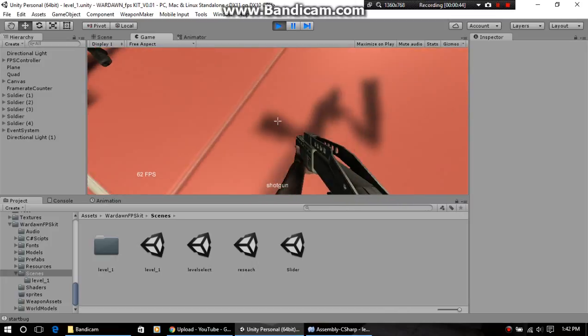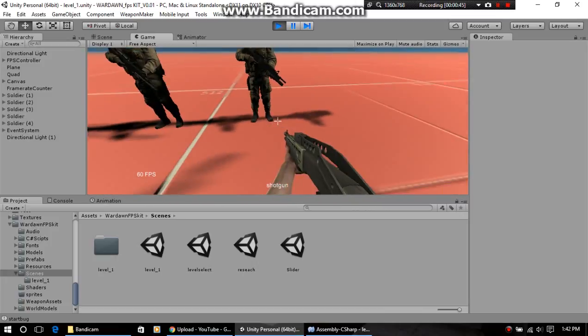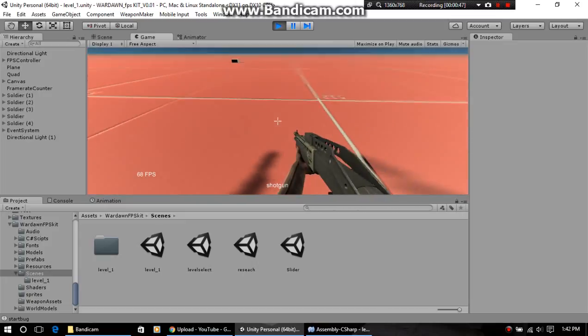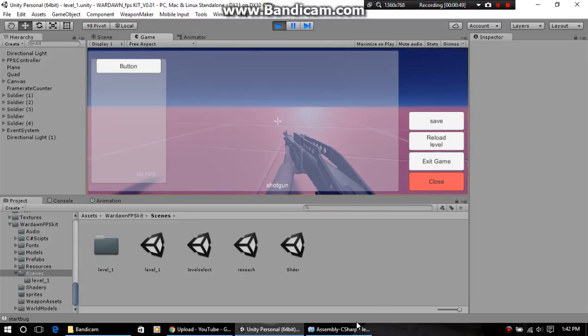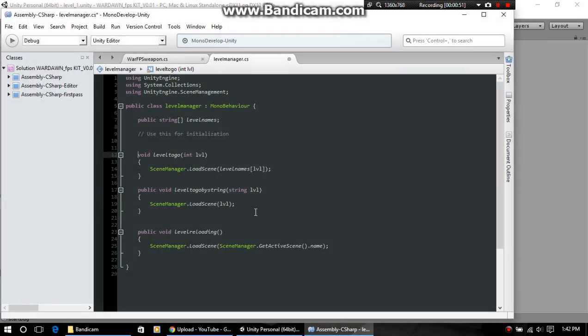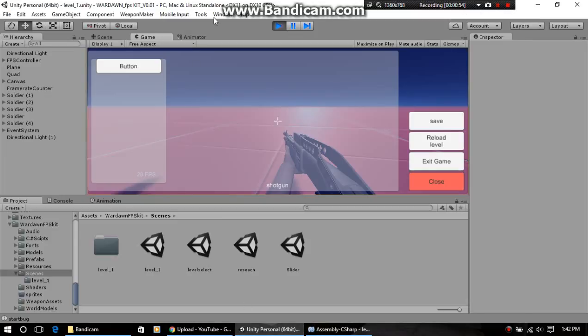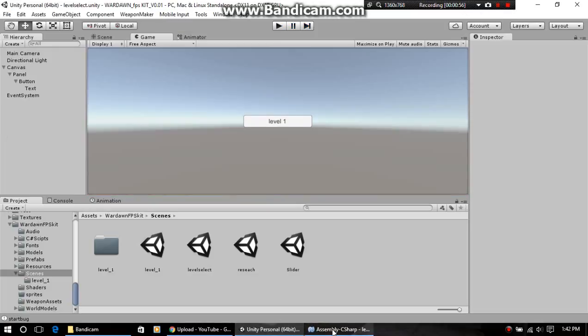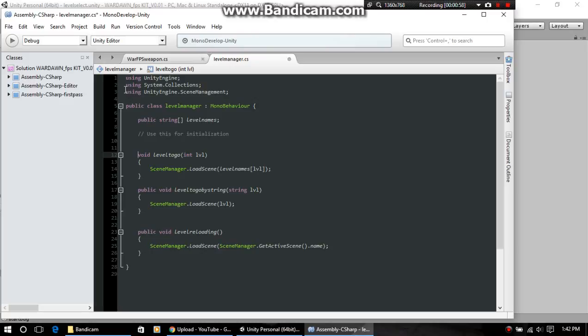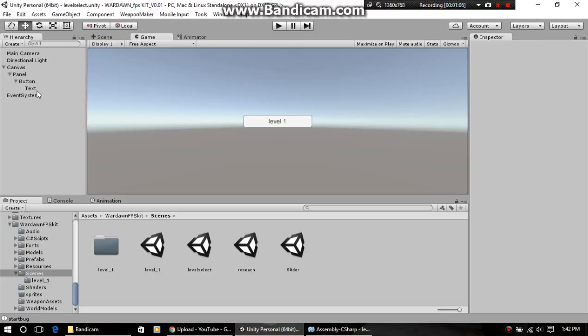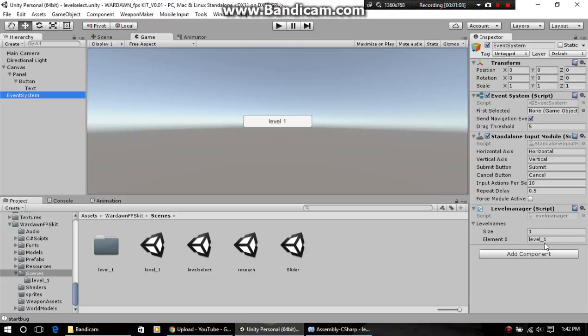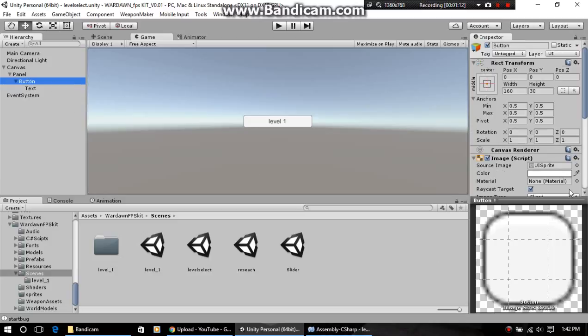Now I'm doing some other stuff. That's why the clipping. I'm using one camera. But in order to do scene loading, you actually have to add a namespace. Now, this isn't required right here, but in game I wanted an array of strings. That way I can go up to my button and be like,